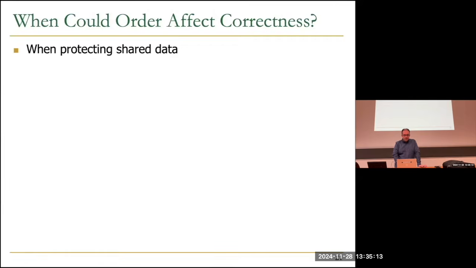Essentially, this order affects correctness when we are protecting shared data. If you are operating on private data, like updating some pixels, and each processor or each thread is operating on some local pixels, those can work completely independently, and you don't really care about the order of memory operations. But things are important when you're operating on shared data, and then the order is important. Like if you are sending several writes, which write should be earlier or later.